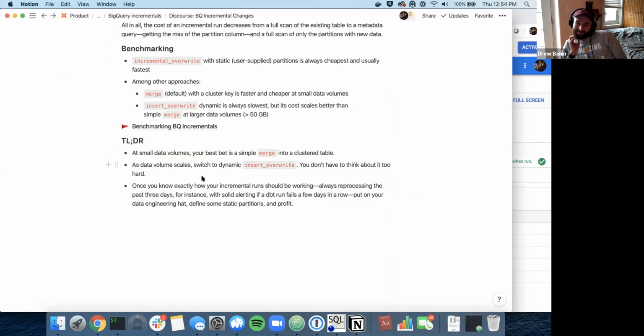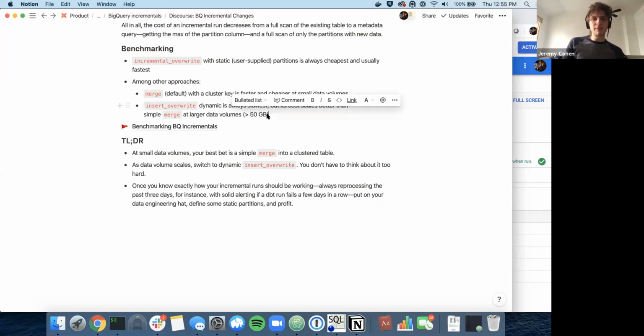Just because we've got maybe a couple of minutes left, my other opinions on this are really just about what to do. I think the finding here is that the naive merge approach with a cluster key is surprisingly good, up to, let's say, a data volume of about 50 gigabytes, at which point it's time to start thinking about insert overwrite. And the dynamic approach, while a little bit slower, is going to scale better, and